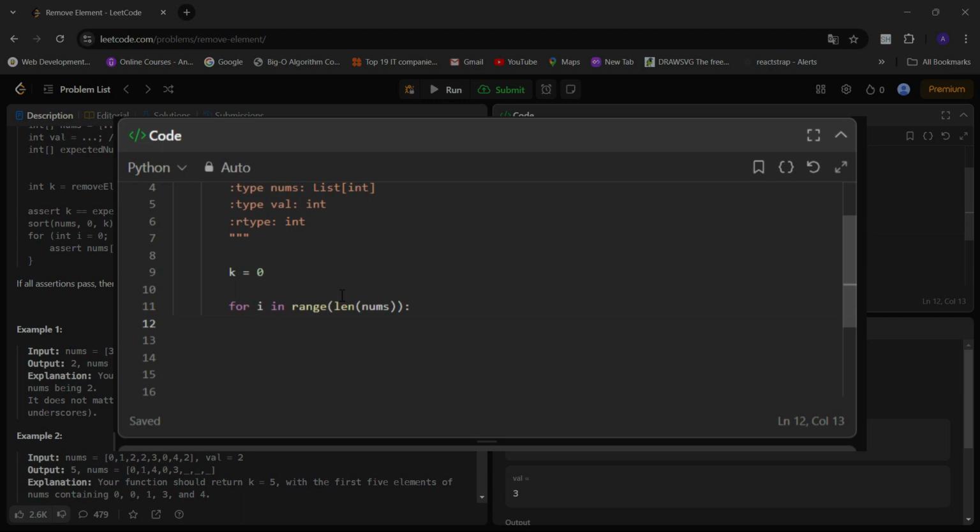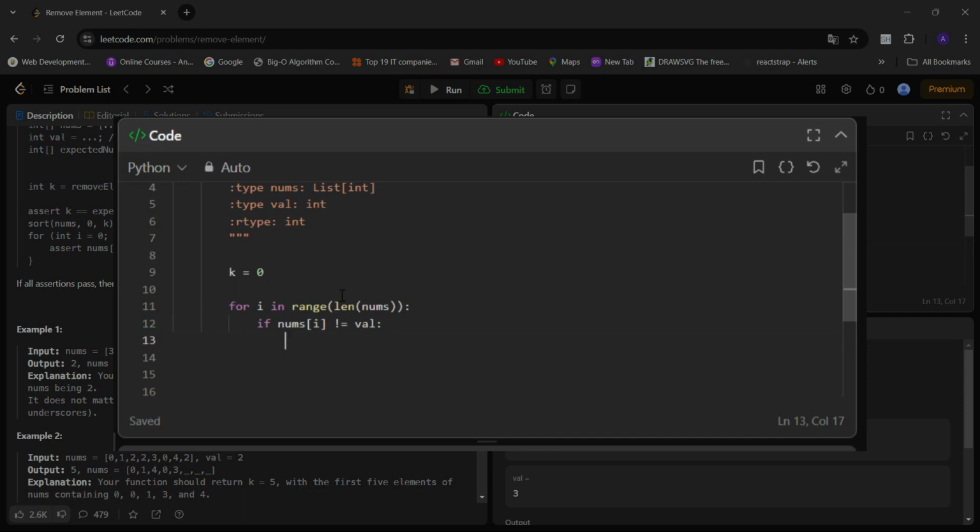And if the element is not equal, then we have to update. Now if nums of i is not equal to val, that is, if our current number is not equal to val, in that scenario